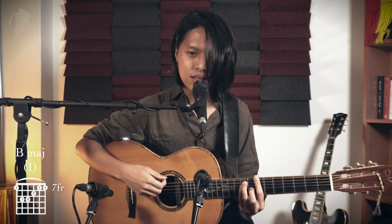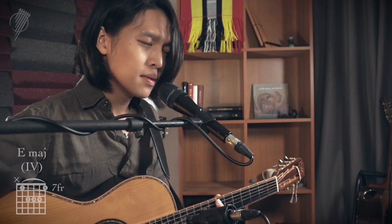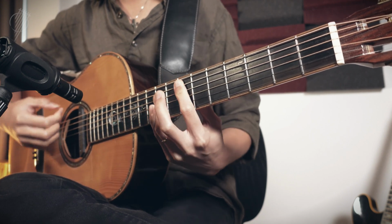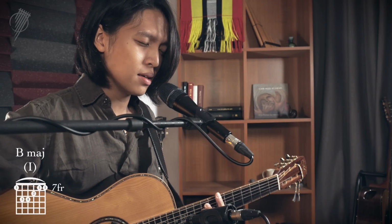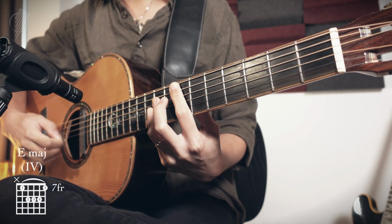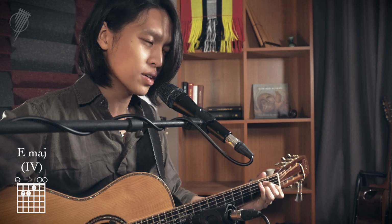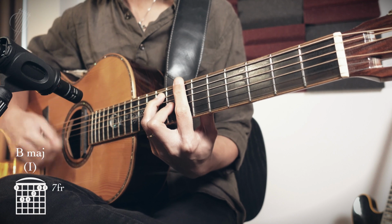So chord number 1. Mi, mi, mi, mi, mi, mi, mi. Mi, mi, mi, mi, mi, mi, re, do, do, re, mi. Re, re, re, re, re, re, re, do, re, re, re, re, do. Mi, mi, mi, mi, mi, mi, mi, so, la, la, la, la, la, la, so, so, do, re,